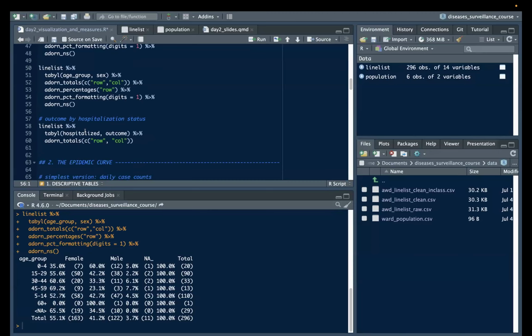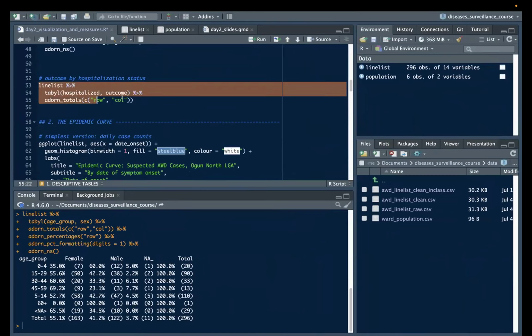So I think we can understand this one based on the explanation I've already done earlier on. We have the tabule function, which I told you, if you give 2 values, it's going to give you a cross tabulation. If you put a single value, it will only give you a frequency table. And you also have your add-on totals. So when I run this,